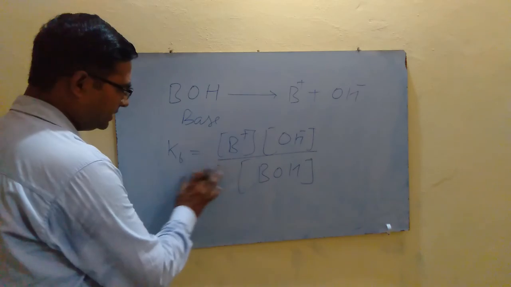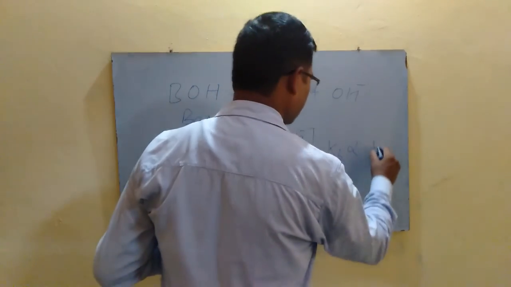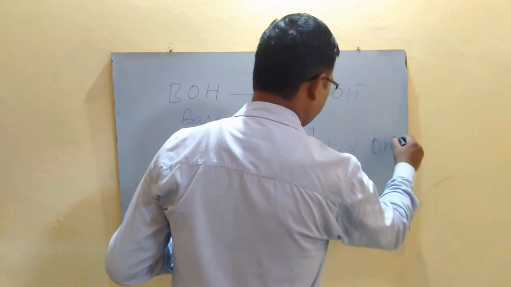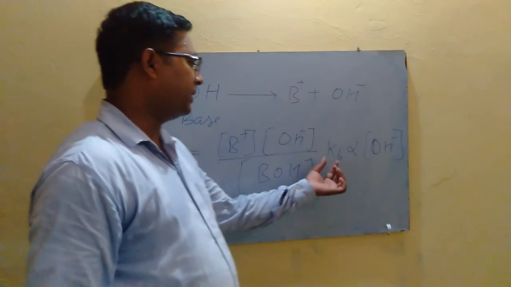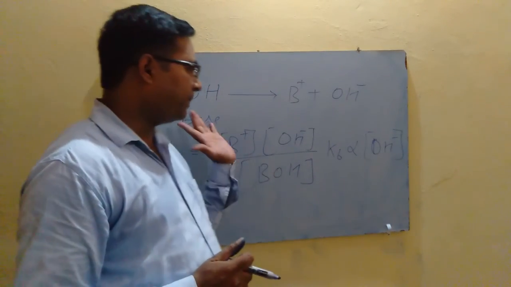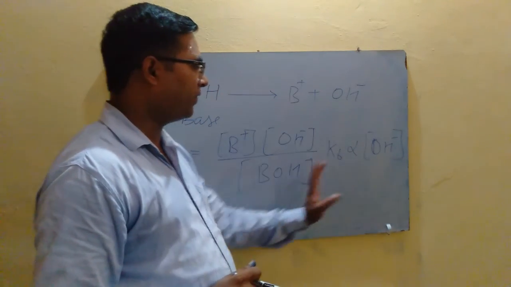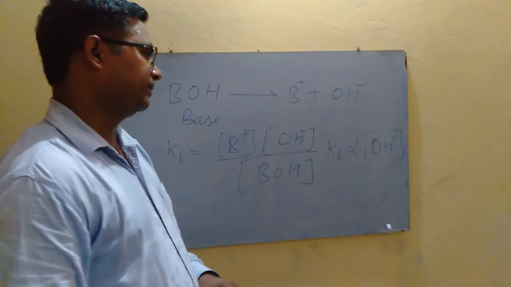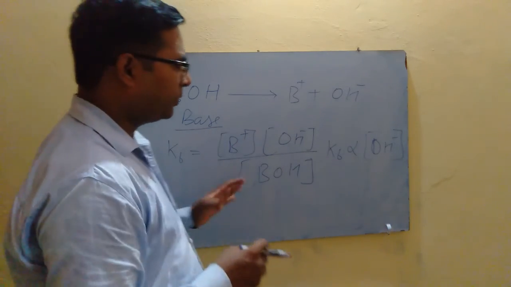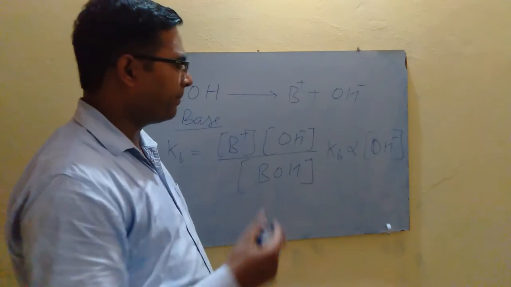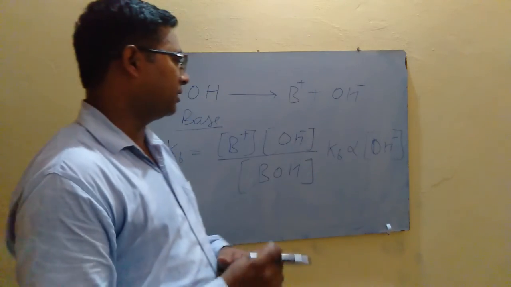So in this equation we can see that Kb is directly proportional to the concentration of OH ion in the solution, and therefore we can say that the basic property or basicity of the base will be directly proportional to the concentration of OH ion furnished by that base in the solution. So if a base has the capacity to produce a higher OH ion concentration as compared to another base, then that base will be the stronger as compared to the other one.